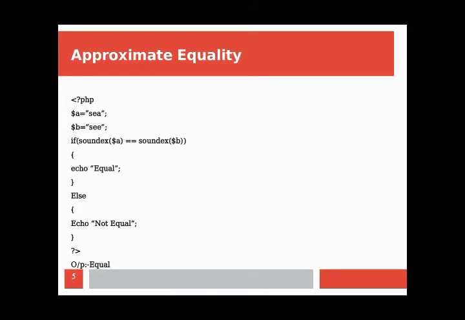Next statement is if, soundex, here sound is considered, that's why soundex, that is the function: if (soundex($A) == soundex($B)). Then the beginning of this if, starting with the left curly bracket, echo "equal";, close that if, then else part of this, again within left curly bracket, echo "not equal";, and end of the else also, and end of the PHP program. If we execute this, then the output is equal because the sound is the same, and hence we will get the output equal.